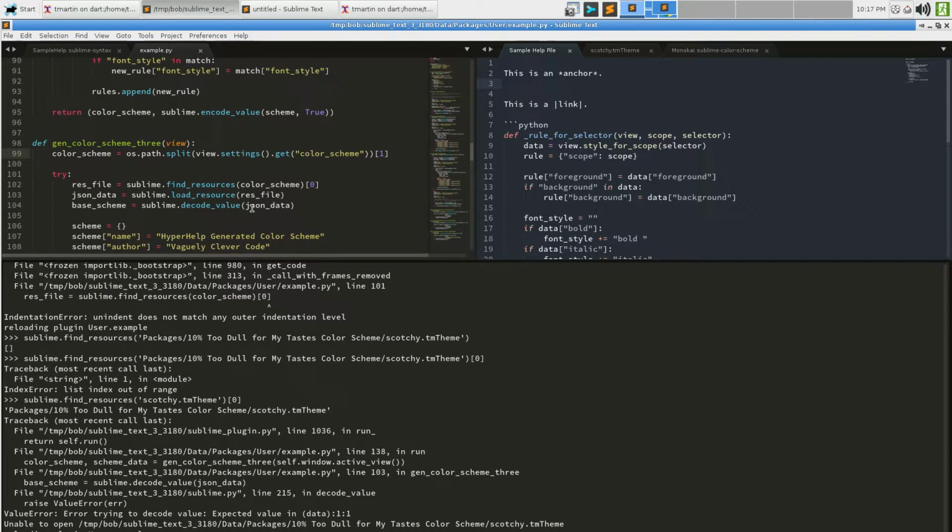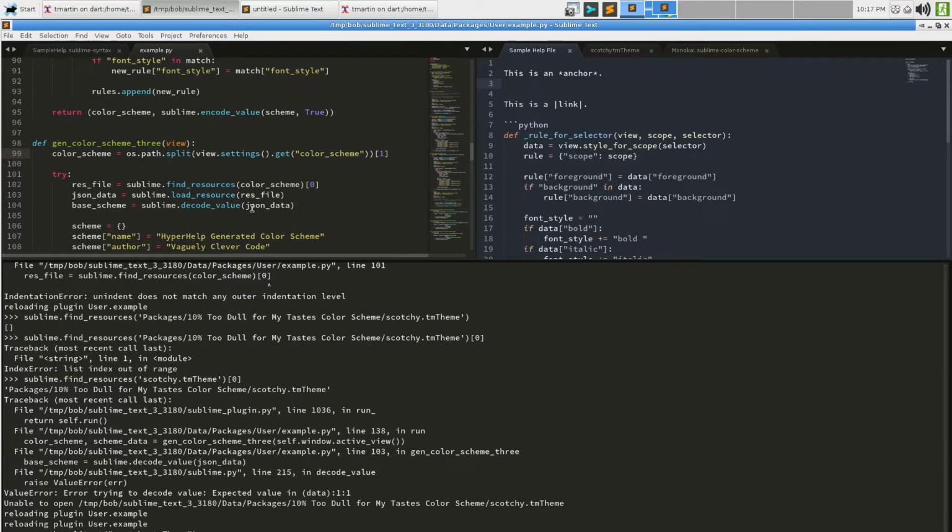os.path.splitExt, does that do a thing? Yeah.